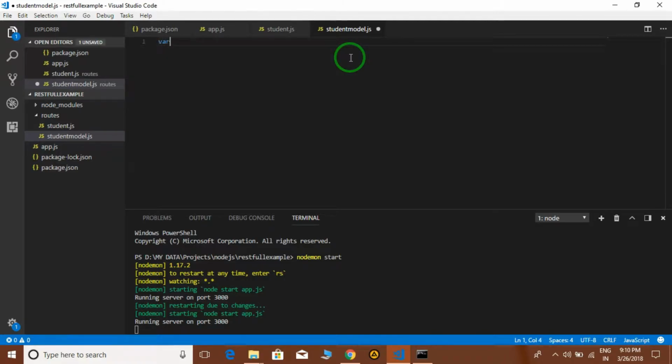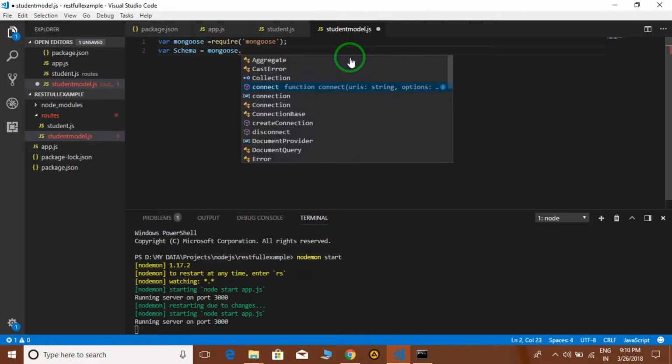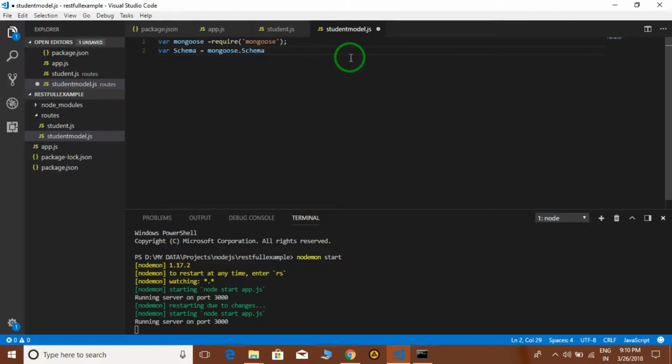For creating that, we have to require Mongoose. This module we use for interacting with MongoDB. So schema equals mongoose.Schema.